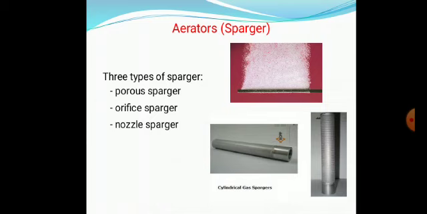Just remember, during this topic, the fish tank. If you have one at home or have seen one outside, you know how air is supplied into a fish tank: small bubbles are released. In the same way, based on the size of the fish tank, you will be supplying oxygen into the tank. Similarly, small bubbles are released from the sparger, and below you can see sparger tubes, called cylindrical gas spargers. So commercially this is how sparger tubes are available for supplying air into the fermenters. So we call them spargers.